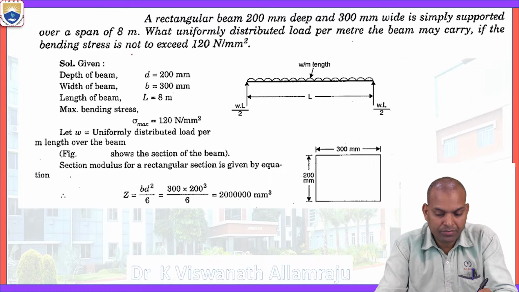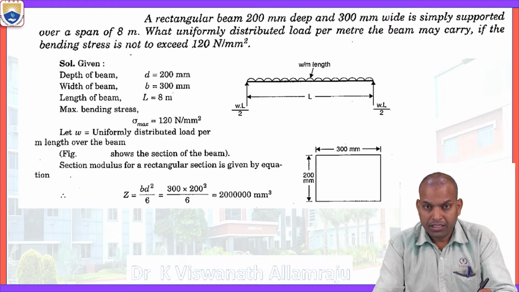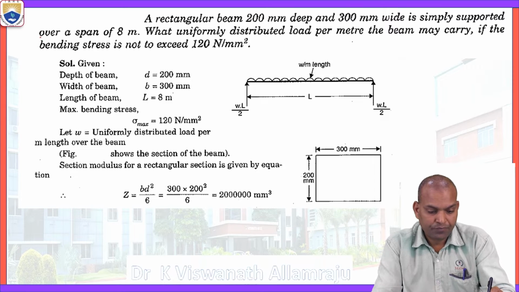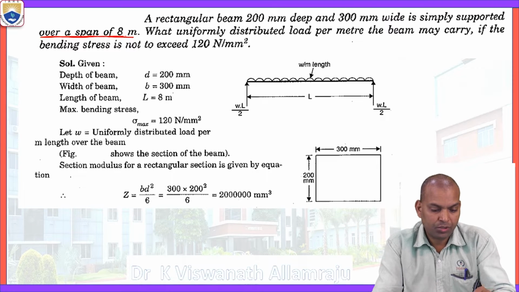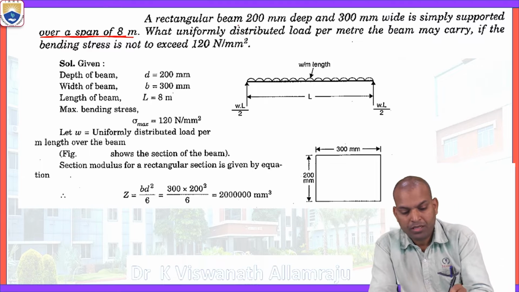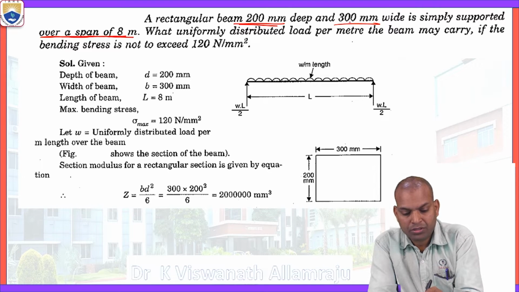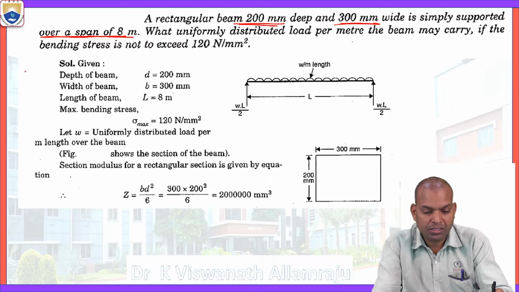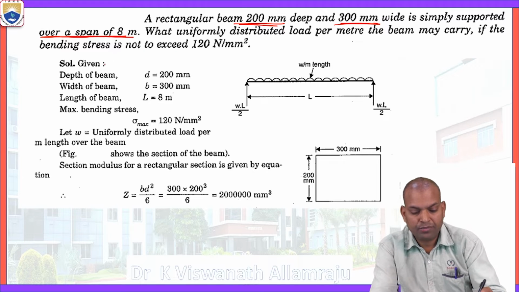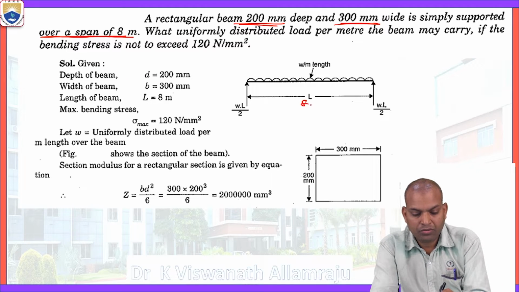It is 200 millimeters deep and 300 millimeters wide. Here it is a simply supported beam over a span of 8 meters, 200 millimeters deep, 300 millimeters wide. Here L equal to 8 meters. Now,